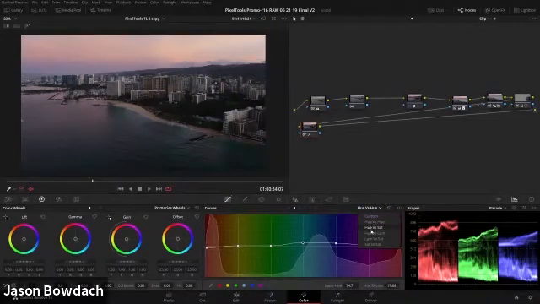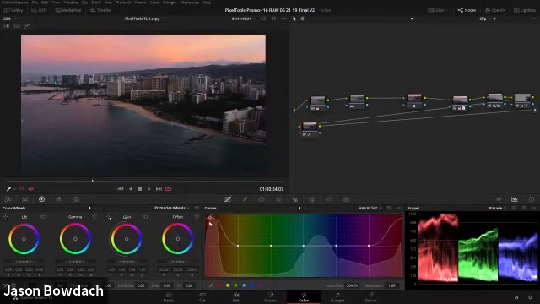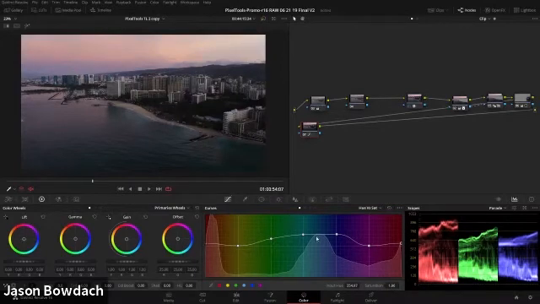Now, if we go to the next one, we have hue versus saturation. And if you're guessing this modifies saturation based on the specific color, you would guess correct. So let's see. You can actually see that we have a ton of red in here. So I'm going to reduce that by selecting that and just dragging it down a little bit. And you can see all it's doing. I can make it really, really saturated or just reduce it a tiny bit without touching any other color. So I'm going to add a nice bit of blue and teal right there, and a tiny bit of green. And I don't want that red to disappear. That's a nice little contrast right there as well.